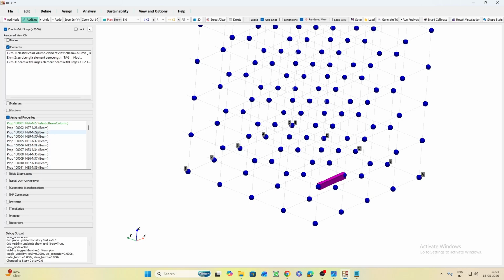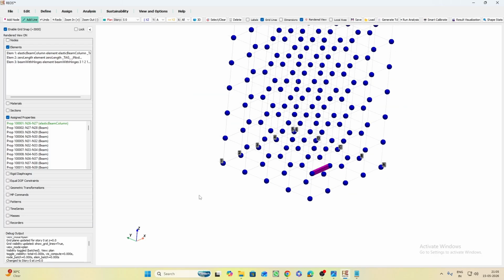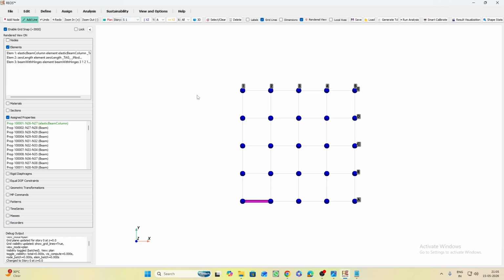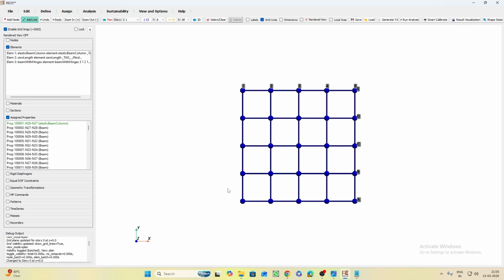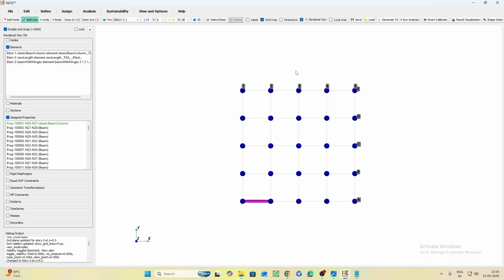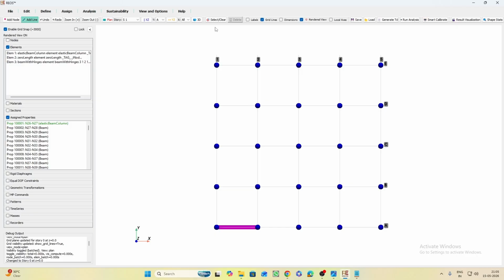Okay, similarly you can go to all other members wherever you want to assign, but this way it is a little bit inefficient because you have to select each and every member separately. So instead of doing this, you can select all the similar properties together and assign the member properties at the same time. So let me check this. And now what you can do is click on this select option and drag your mouse to select the